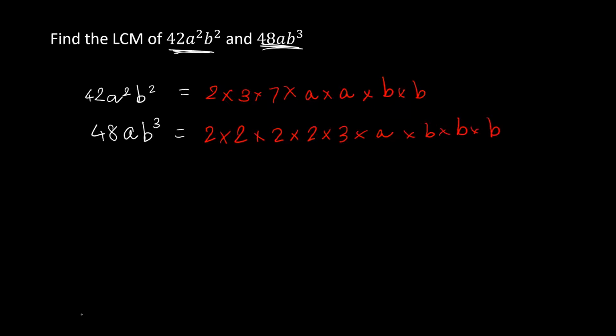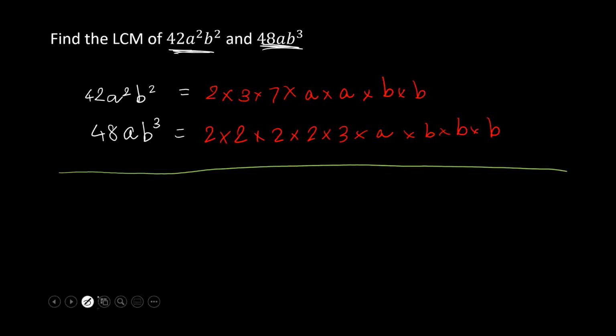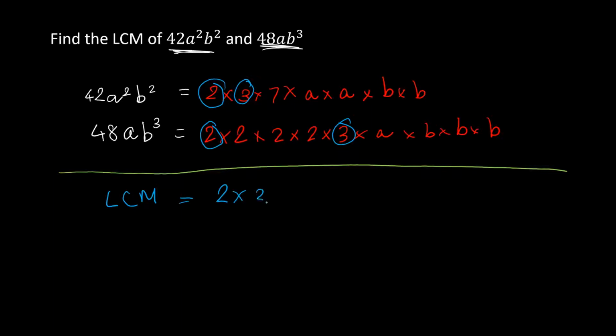Now to take the LCM, what we usually do is take everything into consideration, like every number should be at least considered once. So let's see. Now here we have a 2. I'll circle the ones which we will be writing only once. So we'll be writing 2 once because it's already common in them. So let's write 2, and 3 is also common in them, so we'll write into 3. Then a is also common, so into a, and there are 2 b's common in both of them, so that's